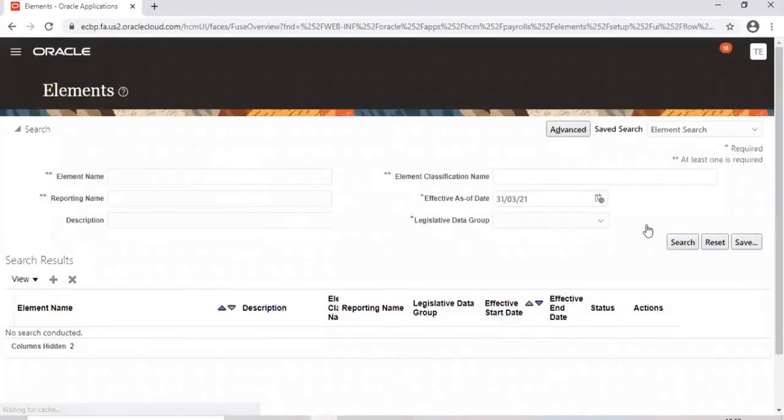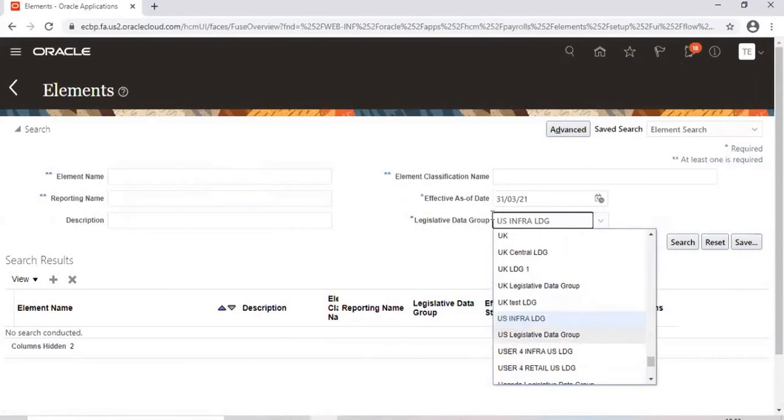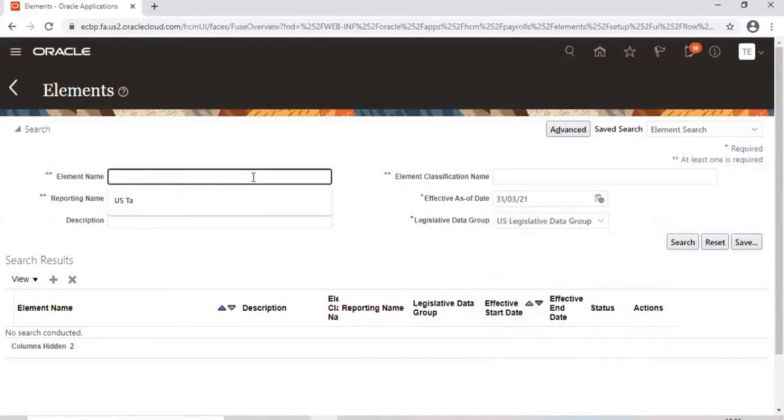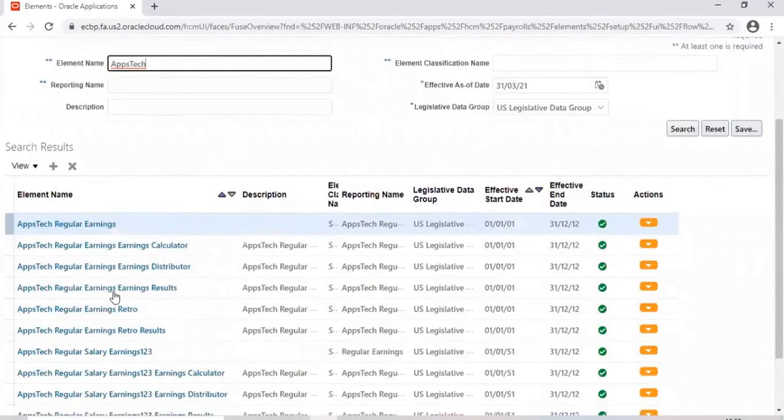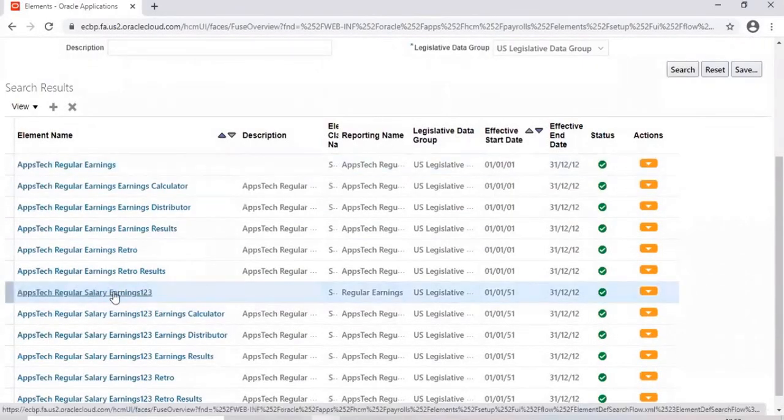Okay, what is our element? You open that element. This is the element that we have.